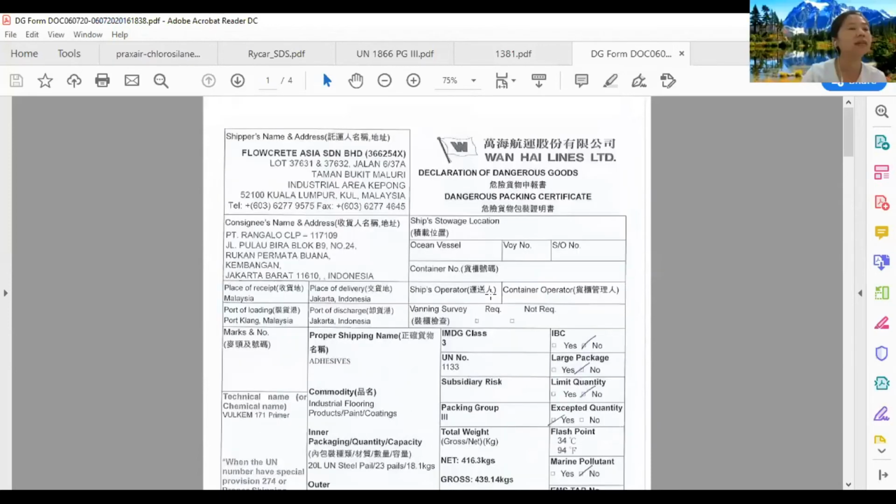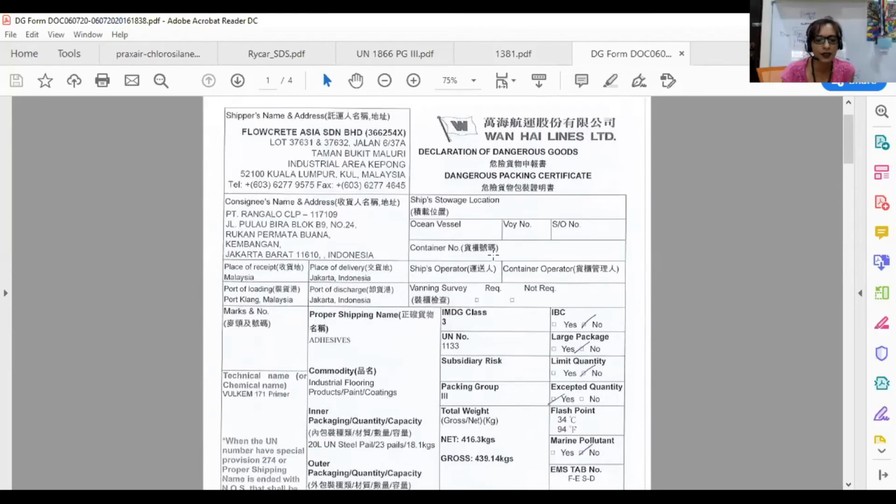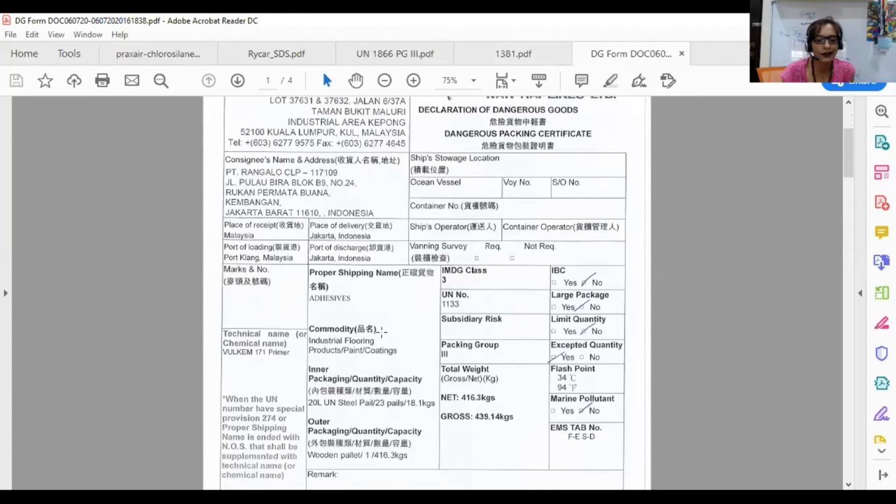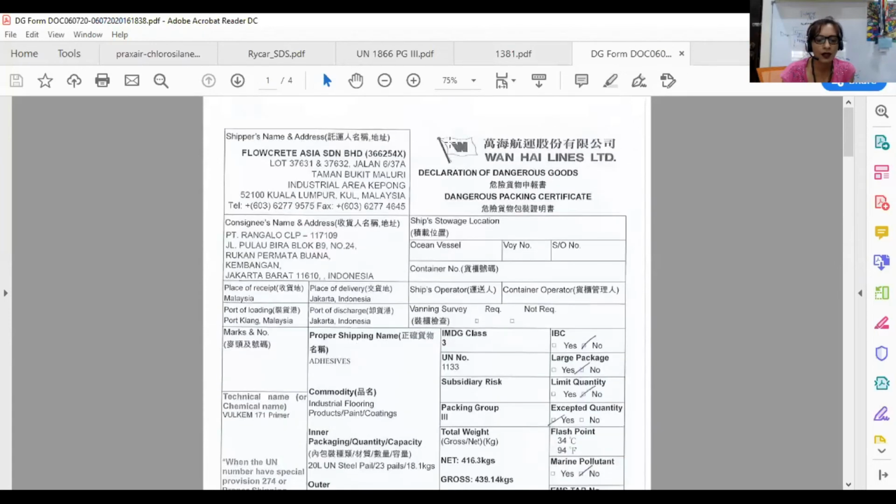Yes. So this is actually the first process where, when you declare, the shipping lines will either email you this document and you fill in the information, or they might ask you to go to a portal of theirs and fill this information in. So this is the first form of declaration that we make to the carrier when we are tendering the shipment,